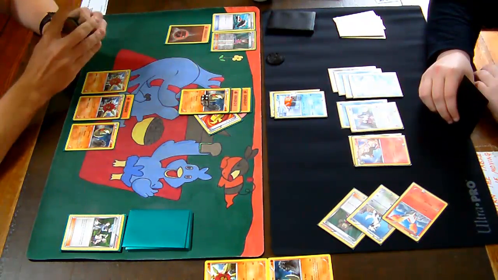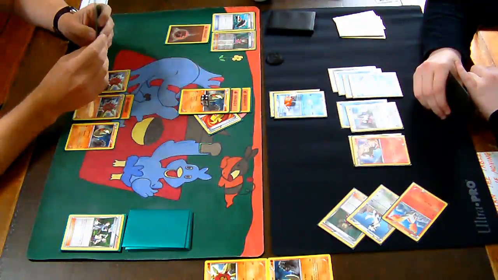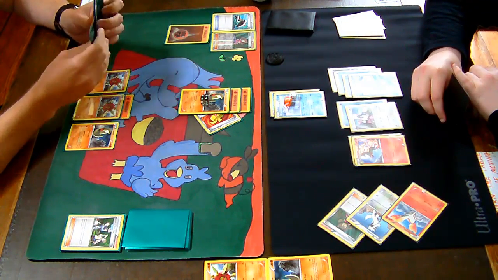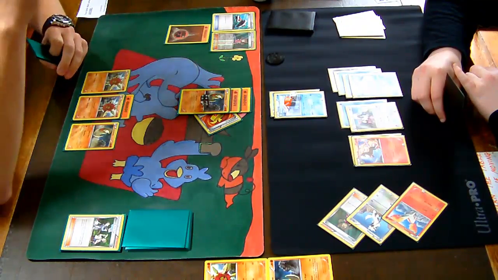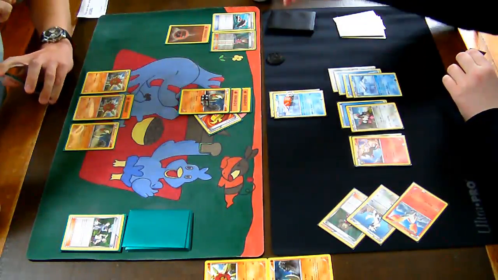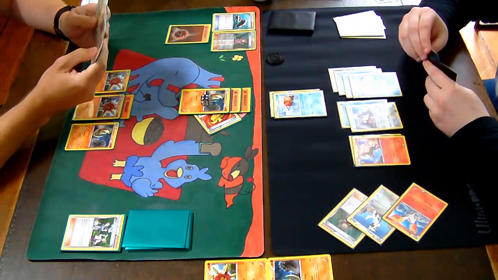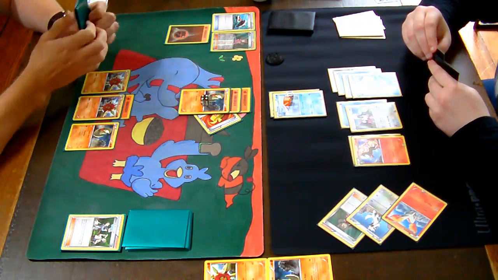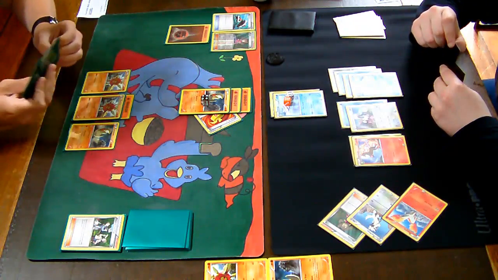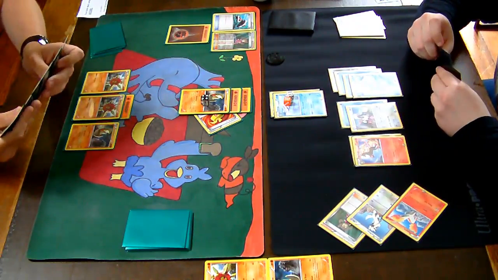Now, I can, with a Solrock and a muscle band, KO the Furfrou. I believe it's got 90 HP and a weakness to fighting, so I'm not even going to KO it with Lunatone and Lysandre. So I can kill the Furfrou, but the maximum I can do is 80. The Rapidash has got 90. So even if I take down this Avalugg, and even if I Lysandre up the Furfrou, I will then have to twice Lysandre the Rapidash in order to get the KO, because he's going to have free retreat, and that's